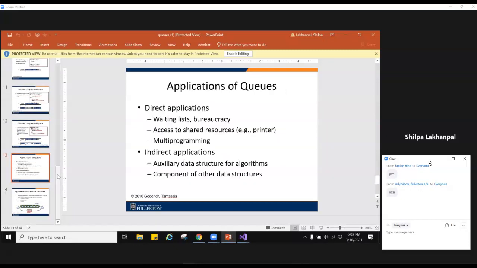Before that, let's go into the real world applications of queues. Just like you have seen anyone waiting in a line for something, you have waiting lists. If you want to process a waiting list for anything, you can use a queue data structure. For example, in an office or a lab you have 10 computers and 2 printers, so the printer becomes a shared resource among 10 computers.